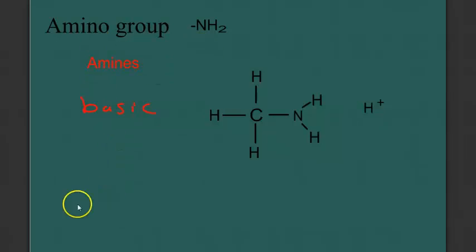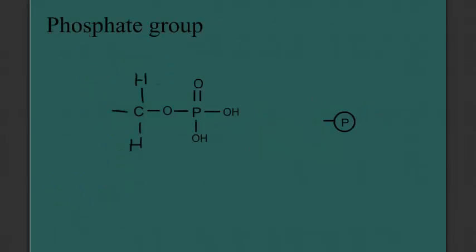So we have our amine group. Our next functional group is the phosphate group. When we draw the phosphate group, it's pretty complex. It's this entire structure here, a bit onto the end of a hydrocarbon, but luckily we very seldom have to draw that structure, and we'll often just abbreviate with a P with a circle around it,